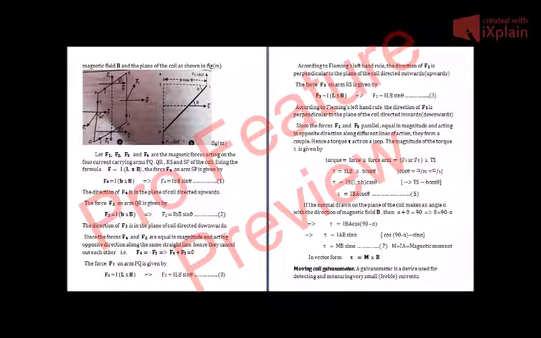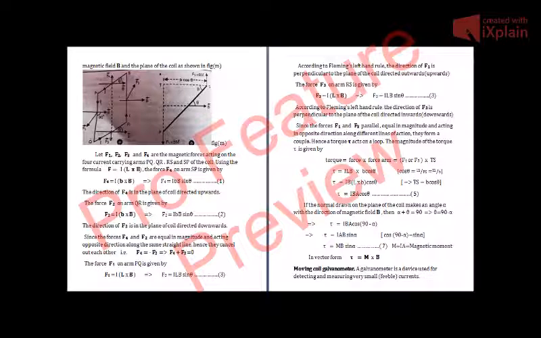Now if we draw a normal to the plane of the coil, then that normal will make an angle of 90 degree with the coil. So if we draw a normal on the plane of the coil, it makes an angle alpha with the direction of magnetic field B. Then alpha plus theta will be equal to 90 degree, which implies theta will be equal to 90 minus alpha. So this implies tau is equal to IBA cos 90 minus alpha, because theta is equal to 90 minus alpha.